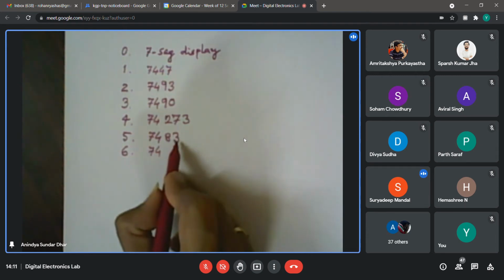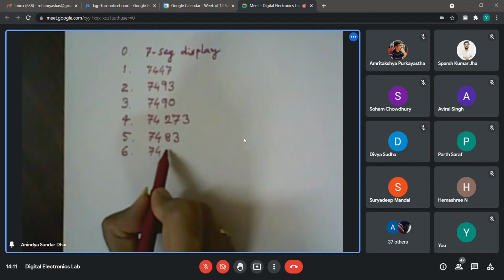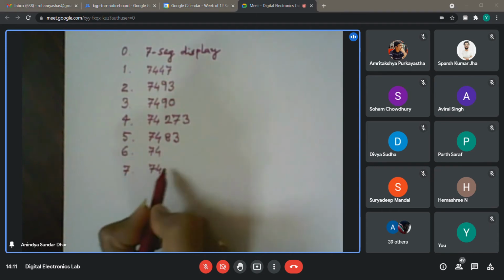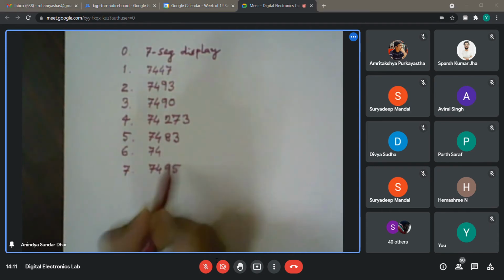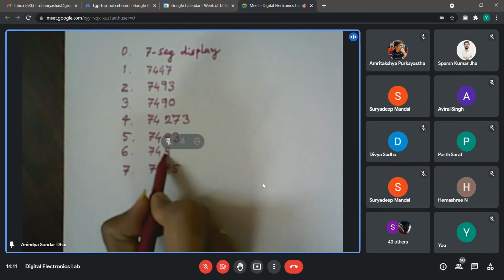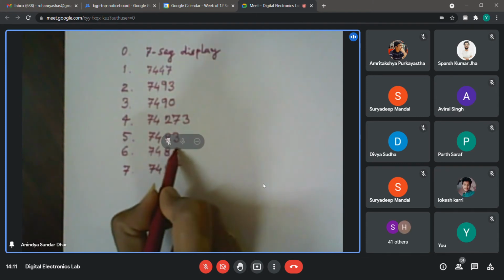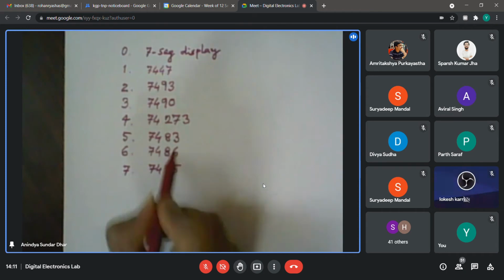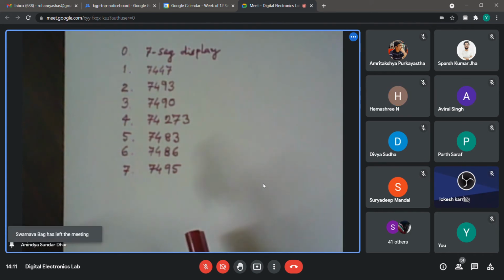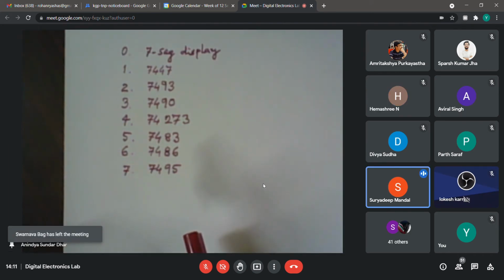You did addition and subtraction, right? 7495 we did for multiplication. Before that we used another IC. 7486. I think I may not list it, because if I try to list such ICs, there will be so many. Do you remember what it is? How did you subtract? XOR gates.